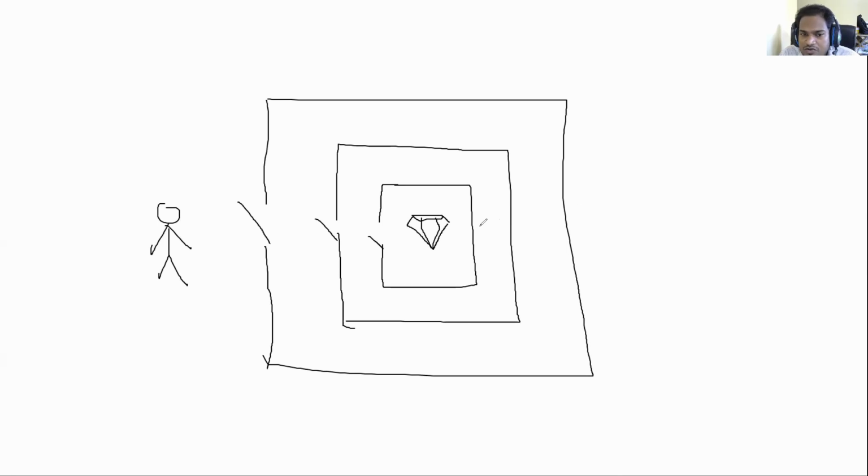You don't have any option. You will have to first open this door, then open this door, then open this door, get the diamond, and then you will have to come out of the door.